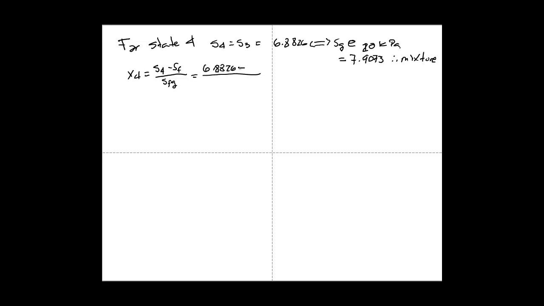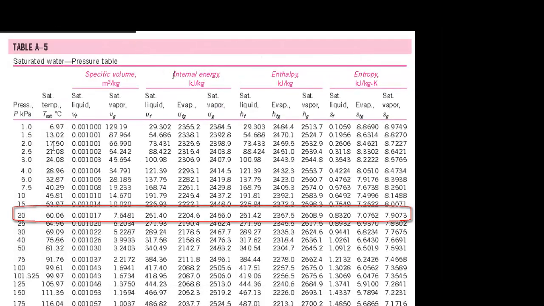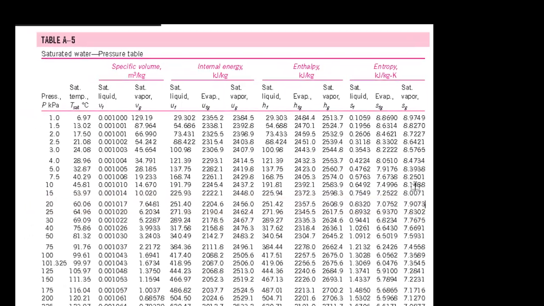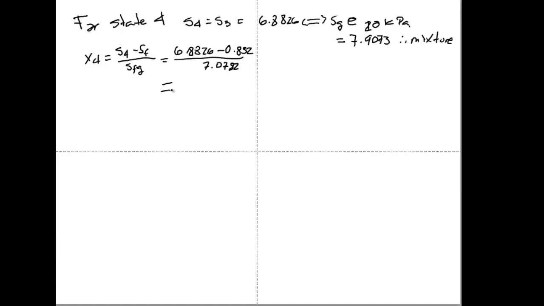So we need to compute quality, and we compute it by doing S4 minus SF, divided by SFG. So this is in general the way we are going to find out quality. We make this calculation, and see how we are highlighting the numbers that we are finding: this SF, SFG, and SG. SF is the saturated fluid, SG the saturated vapor, SFG is the difference between these two. So by doing the math, we find out that it is